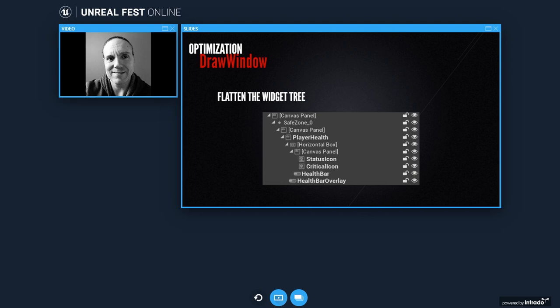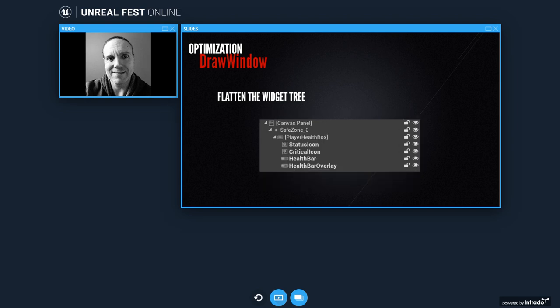So one optimization approach that we took is to flatten the widget tree. Remember that the paint function calls into each container recursively. This means that putting containers within containers within containers means that you have more recursive function calls. This means more code to execute, but it also means more vtable lookups and could cause CPU cache misses. You can therefore optimize this by flattening the widget tree.